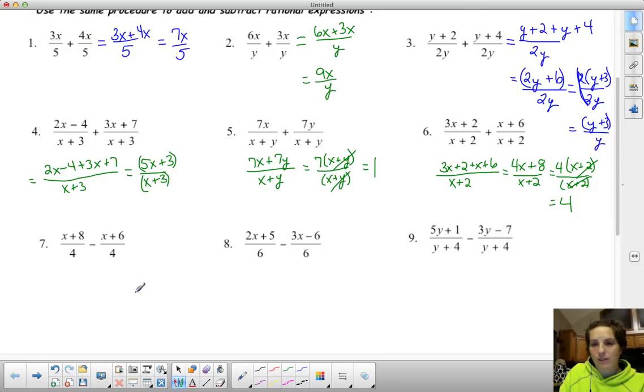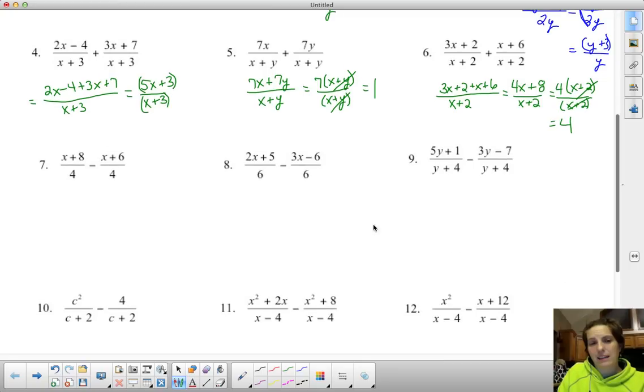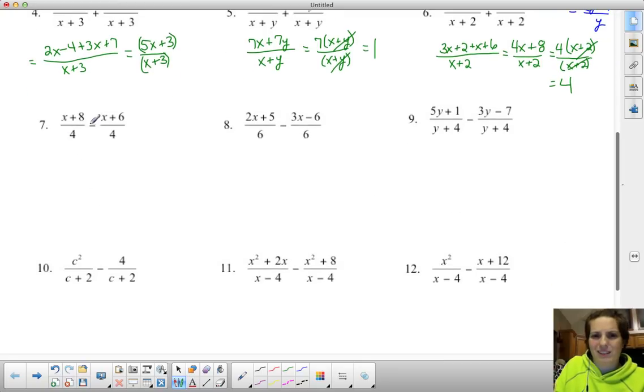We need to finish our conversation by talking about subtraction. And really, subtraction isn't much different. The only catch to subtraction is, well, it's kind of the obvious, that you have to make sure you distribute the negative. So when we look at number 7,